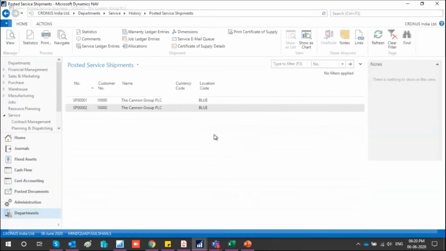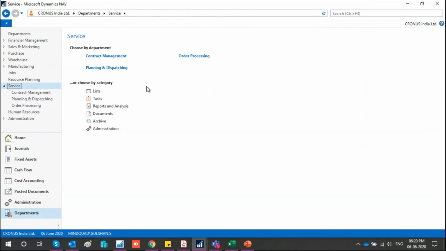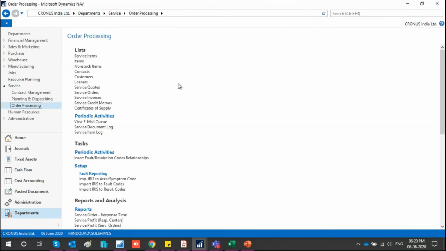The one missing part which I earlier missed, I'll just show you. So this marks the complete end, from service order to assigning it to actual work being done, and then invoicing it or consuming it. But one of the main parts which I have mentioned, the automatic sending of the mail, I'll just show you through one transaction, through a service order.